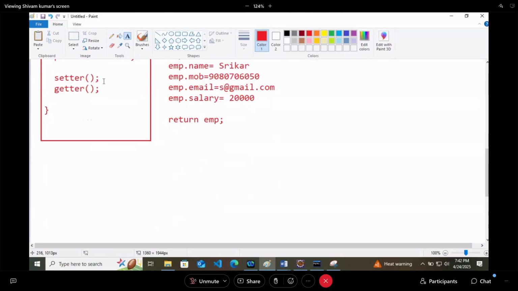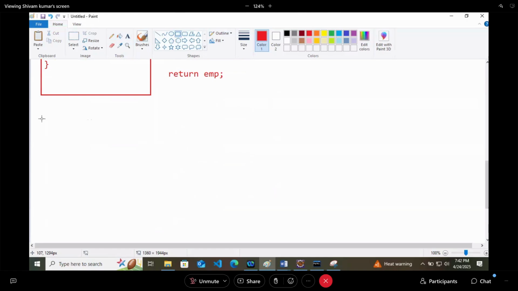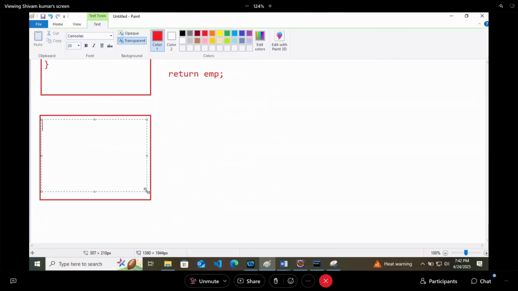There will be one main class here, that is App.java. In App.java, we will say Employee emp or Employee e1 equals new Employee, and print e1.